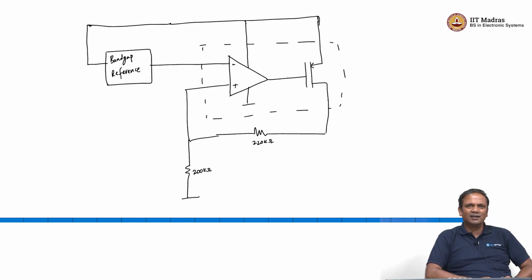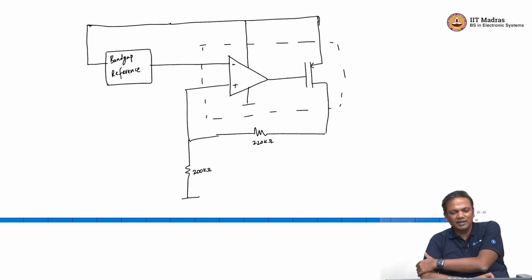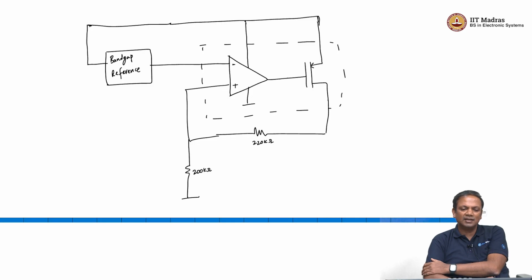And given that it is dependent on physical attributes of materials, it really does not depend on the supply voltage, right. So, you would use a reference like this to be able to generate this voltage now,